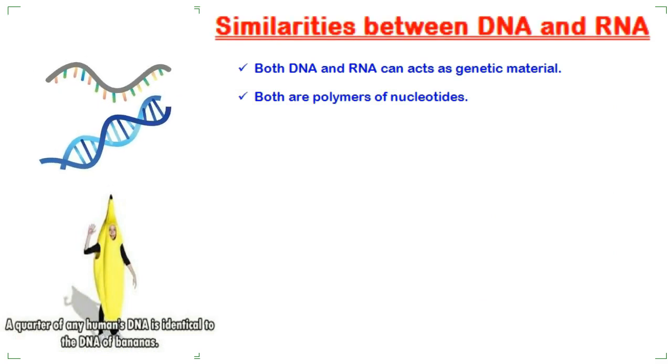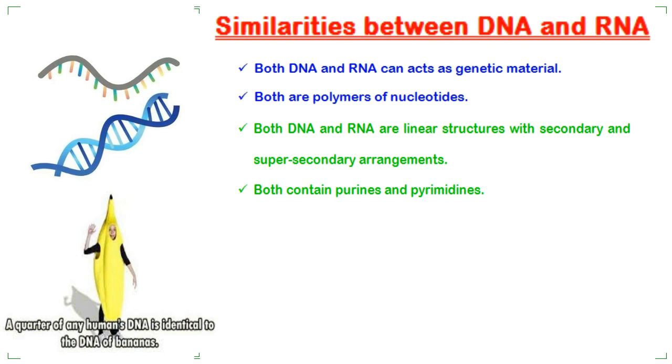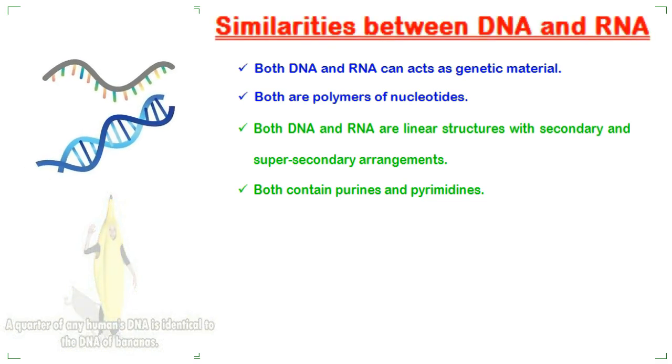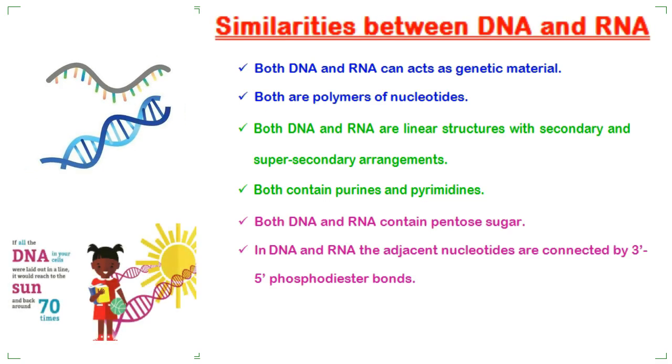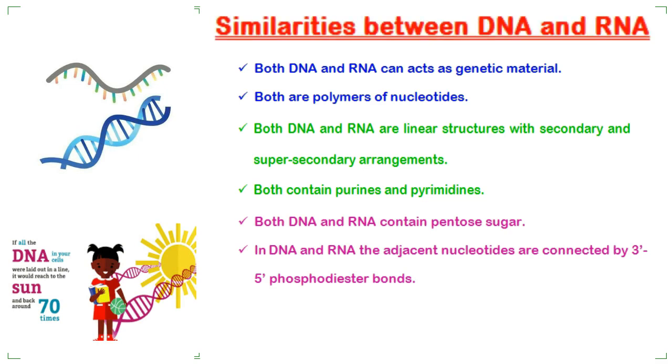Both are polymers of nucleotides. Both DNA and RNA are linear structures with secondary and supersecondary arrangements. Both contain purines and pyrimidines. Both DNA and RNA contain pentose sugar. In DNA and RNA, the adjacent nucleotides are connected by